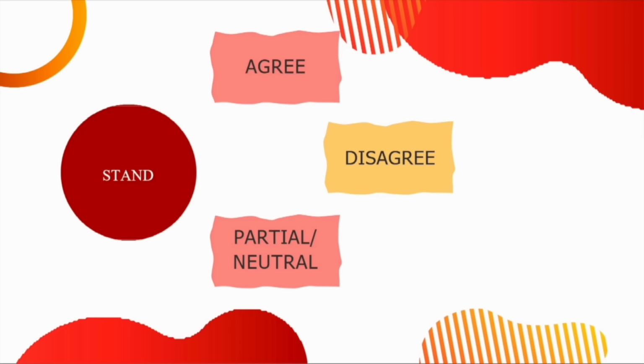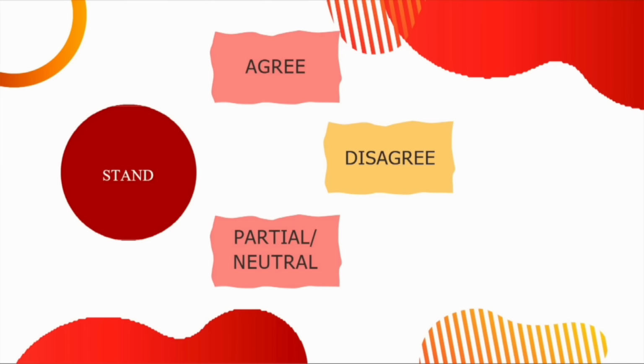Students, after you have caught the reader's attention, the next step is to clearly state your stand. In other words, your position or opinion about the issue. In MUET Writing Task 2, the question always asks for your opinion, so you must decide whether you agree, disagree, or partially agree, in which you have a neutral or balanced view. Now, here's how you can express your stand naturally. For example, I strongly agree with the statement that, or I disagree with the statement because, or I partially agree with the statement as,